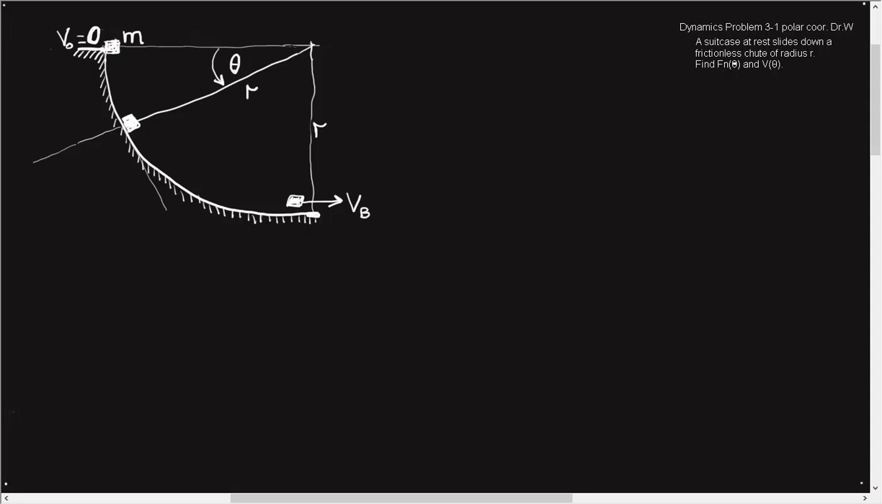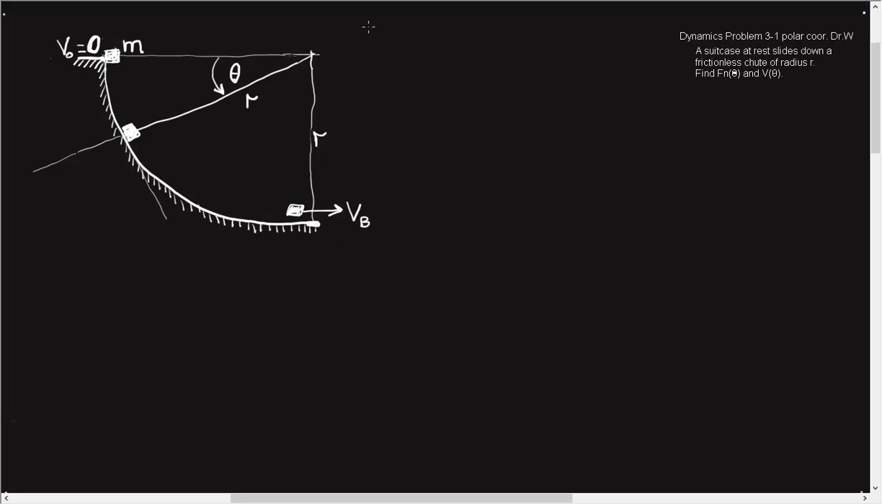Let's try involving polar coordinates. For this problem, we have suitcases of mass m, which start at rest, and they're sliding down a curved chute of radius r and exiting the bottom. And we're asked to find Fn and theta dot for this event. So our standard method is to first draw a free body diagram